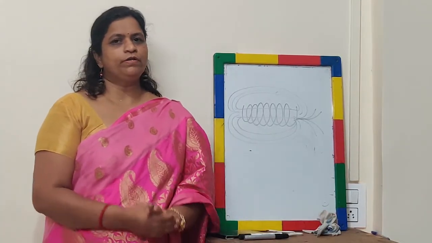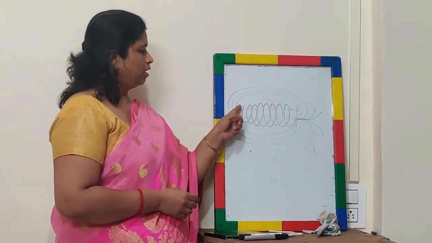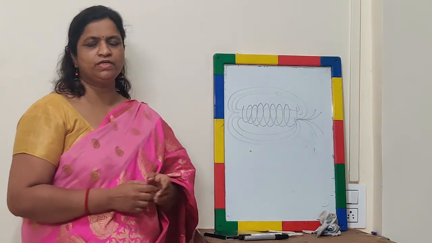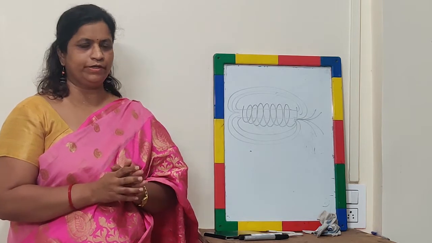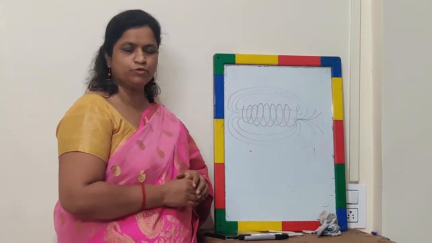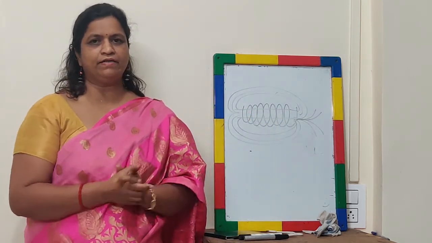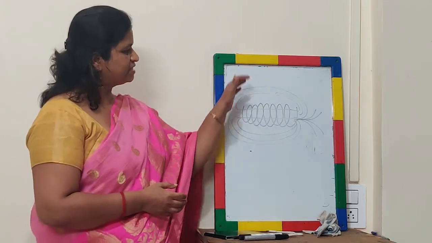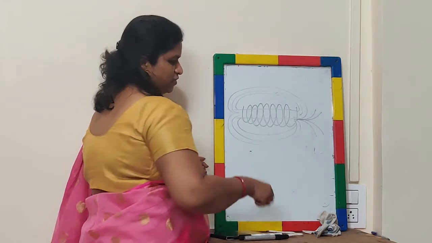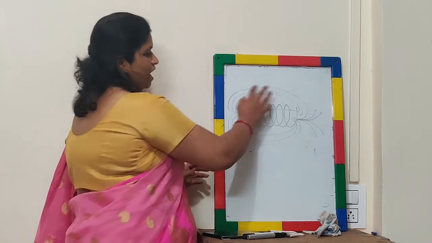Okay, so students, we already discussed the solenoid. What is a solenoid? Insulated copper wire wrapped closely in a cylindrical format is a solenoid. Such wrapping is done on a paper tube or plastic tube, and if we sprinkle iron filings and observe the pattern around it, it is exactly the same as a bar magnet. So the magnetic field lines generated here resemble those of a bar magnet only.